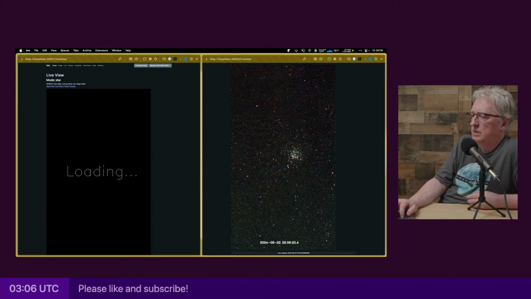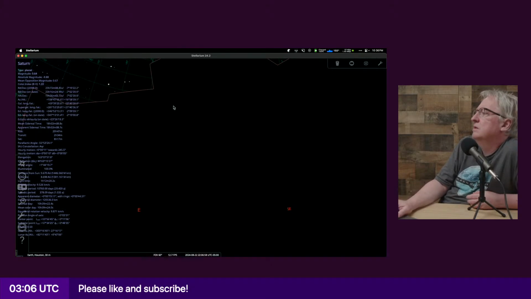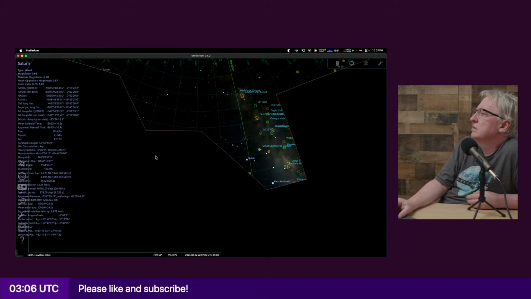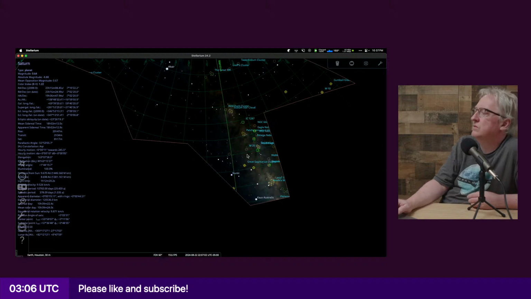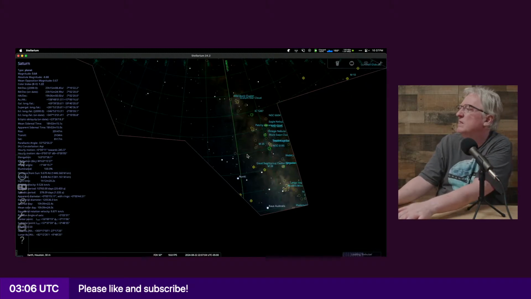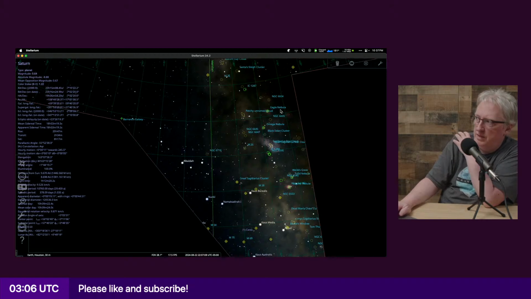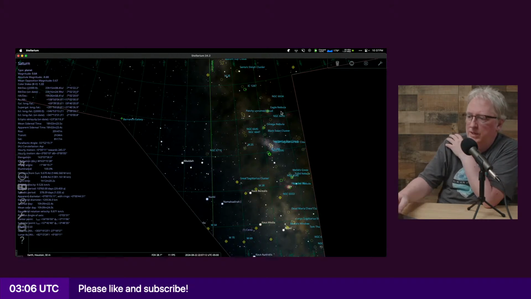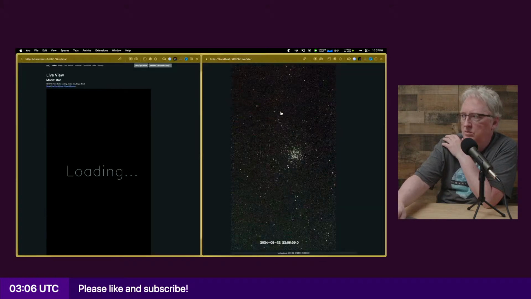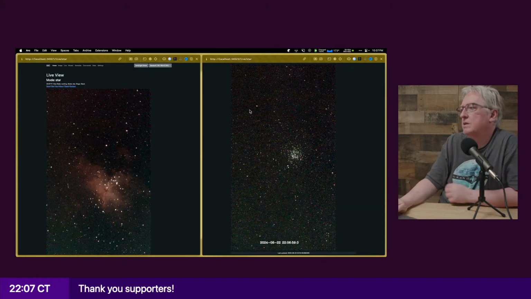Let me see how much longer I have M16 visible. Yeah, M16 is still visible, but barely. This line isn't necessarily 100% accurate, so it's getting perilously close to a roof. But it's still running.